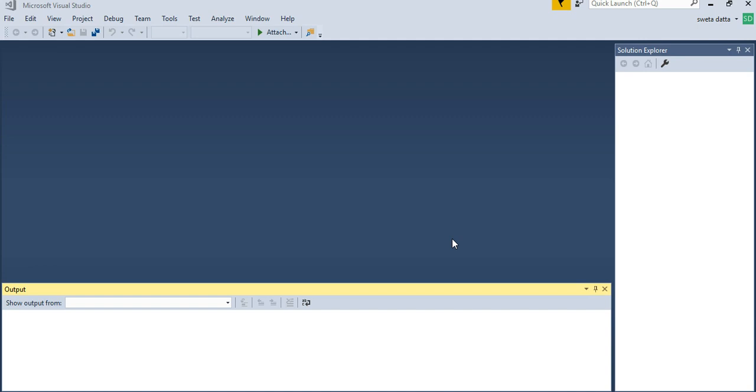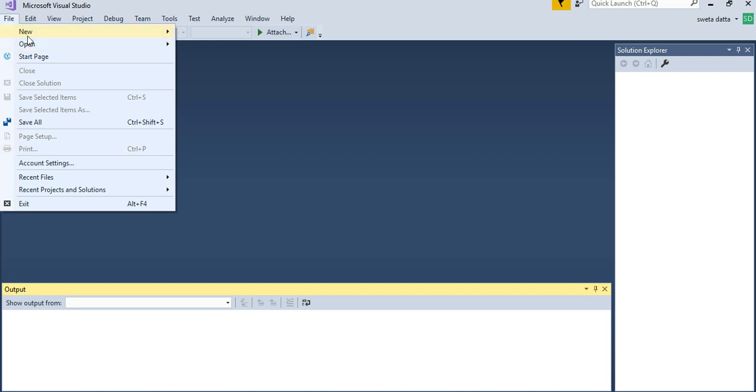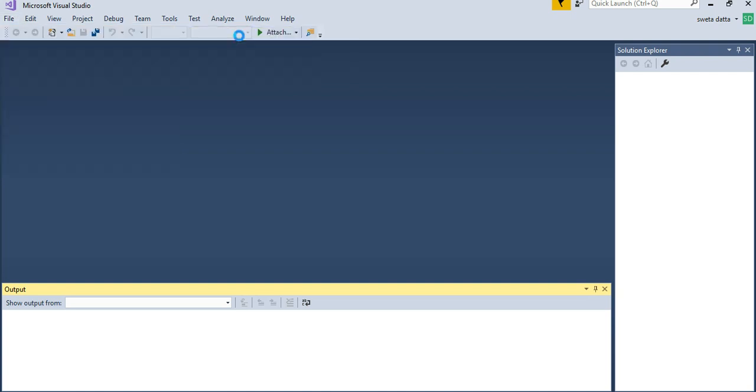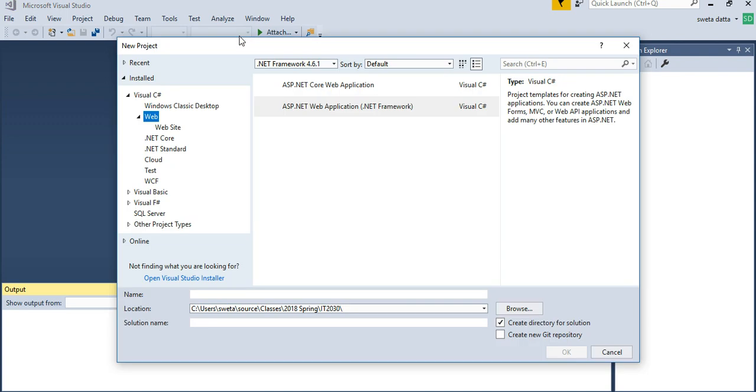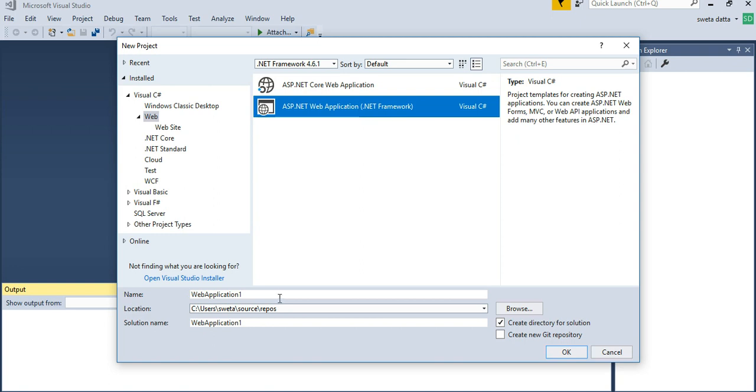So to get started, I have Visual Studio open here. What I'm going to be doing is creating a new solution. As you know, we are using the .NET Web Application Framework. So I'm going to be calling this